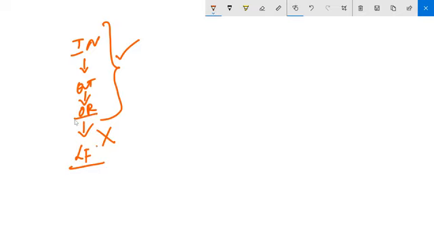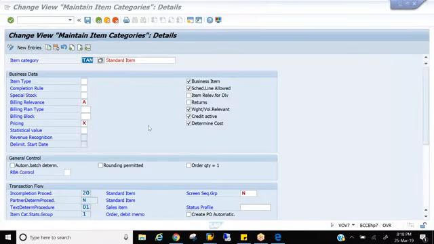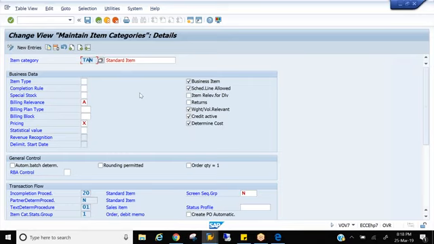So completion rule is not applicable for order. You take a quantity contract, with reference to this you are creating an order. You take a value contract, with reference to this you're creating an order. So these all are sales documents. So completion rule is applicable only for sales document to sales document. But after order, delivery is coming. That's the reason it is not applicable here. So in the interview, if they ask why there is no completion rule for TAN: after order, we create a delivery document, which is not a sales document, so it's not applicable.